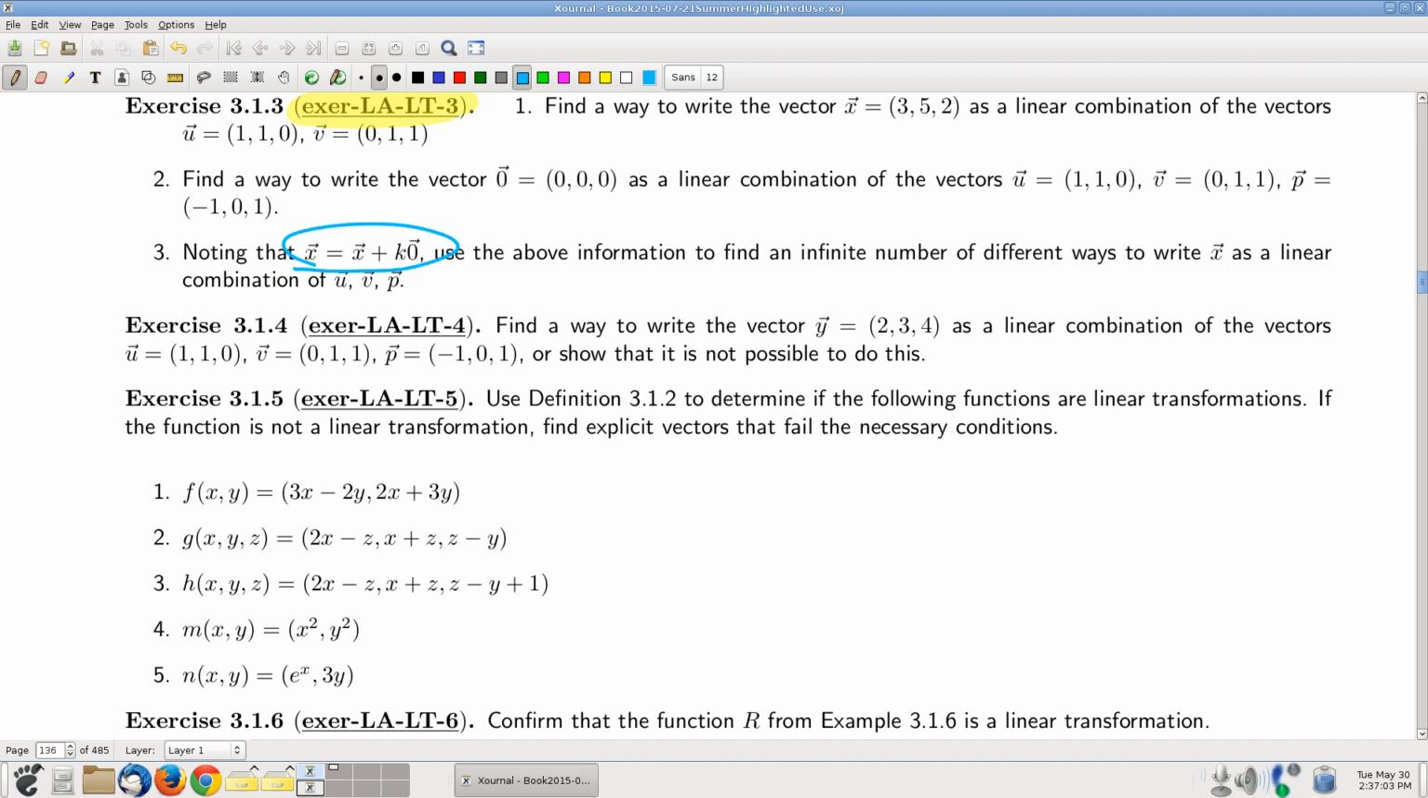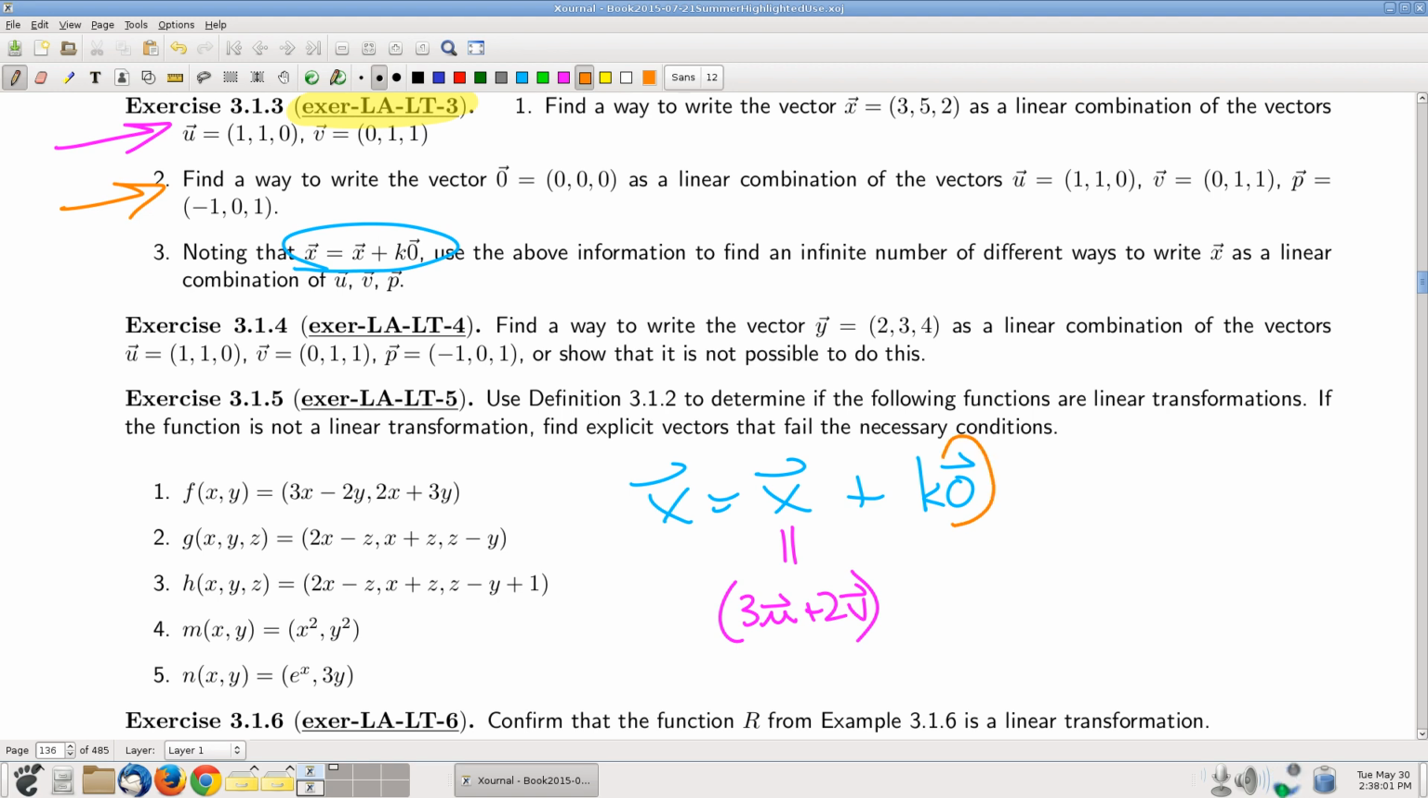Alright, so now are you comfortable with that statement? I mean, x is equal to itself plus 0, and I'm writing 0 as k times 0. Yeah? Okay. Well, I know from part 1 that I can rewrite this x as 3u plus 2v. Now, I also know from part 2 that I can write 0 as